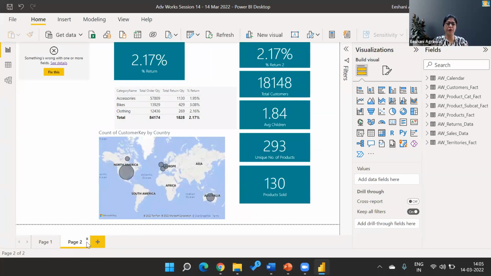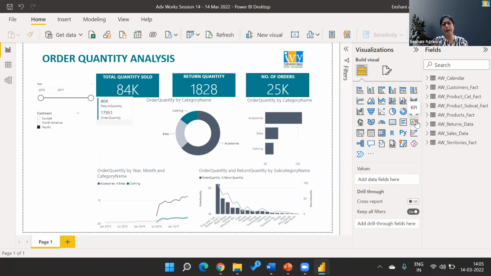So over here, if you look at it, I have this card called a KPI card. Does anybody know what is the work of a KPI card? What is the full form of KPI? Key performance indicator. So what this card shows is a green arrow and a down red arrow. Anything that is going to define the key performance indicator of the business, we can